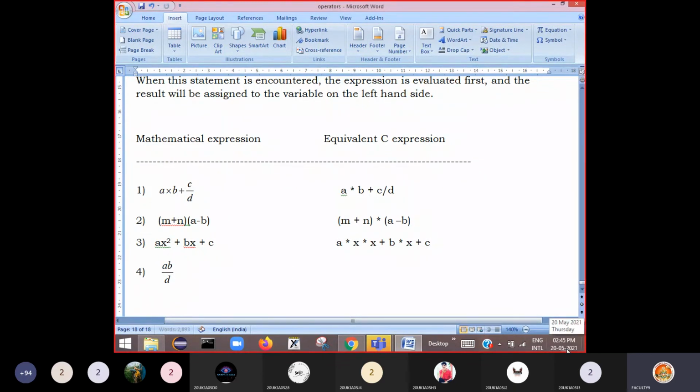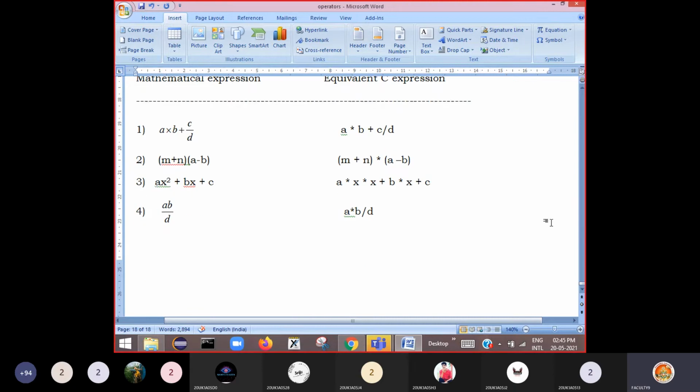Then this should be written in C like this, A multiplied by B, then slash D. So A into B will be calculated, then division by D is performed.